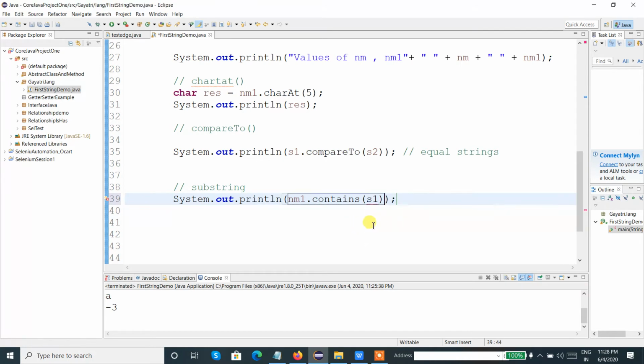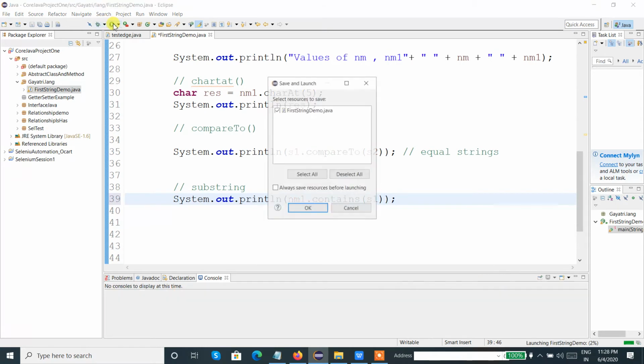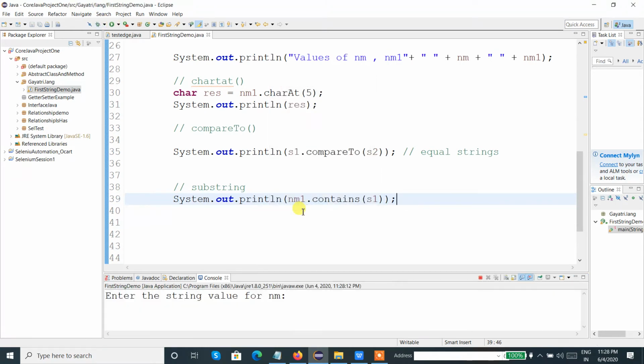I want to check s1. So what is the output here? Let us check. The output is true. When we use the contains method, it returns a boolean value. So true means s1 is a substring of nm1.